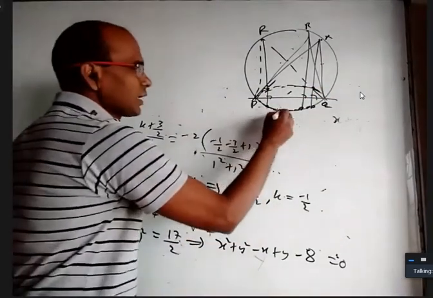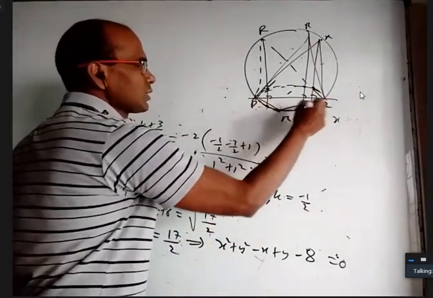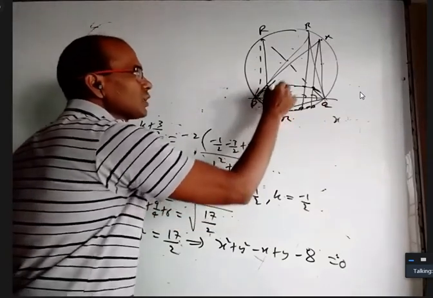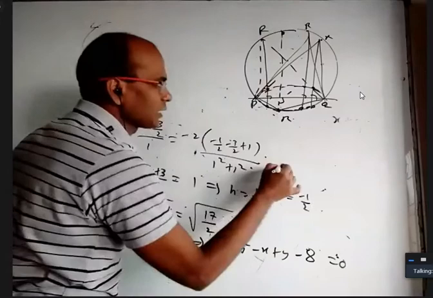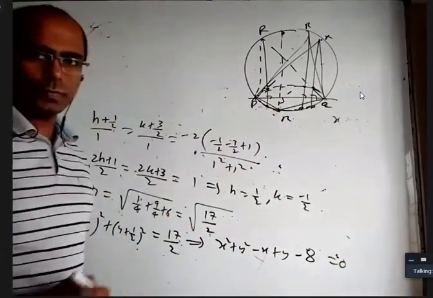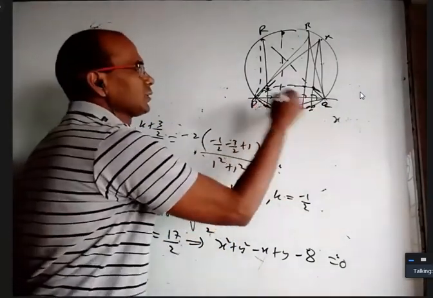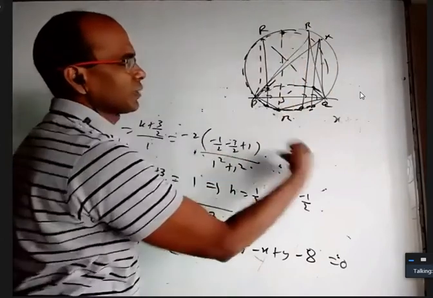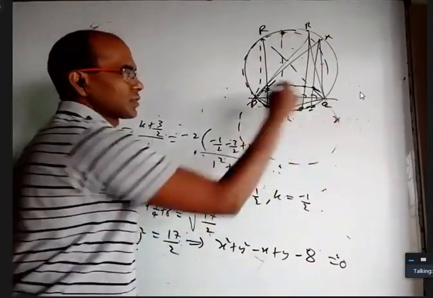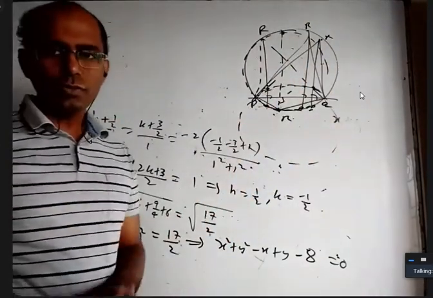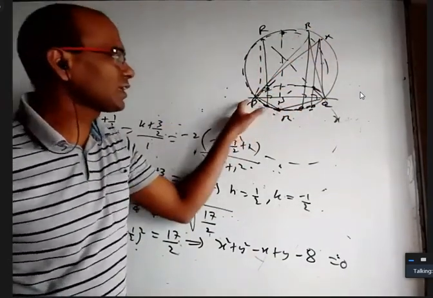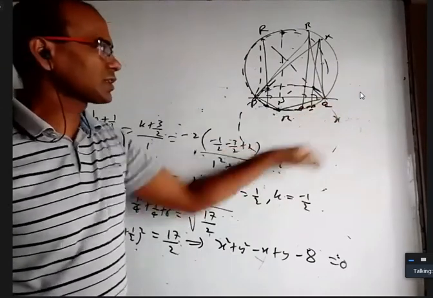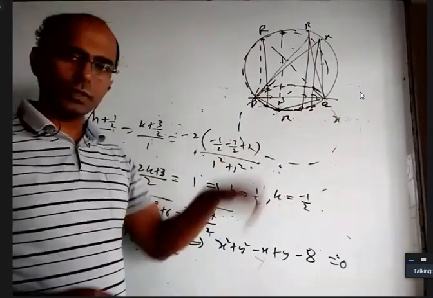Similarly, if I take R here, how will I find the orthocenter of this obtuse angle triangle? Draw one altitude. Wherever it meets the circumcircle, take the image of that with respect to this side, which is this one. So when you take R here, you have to take all these points and find their mirror images. They will come like this. Indirectly, what are you doing? You are taking different points on the circumcircle, this circle, finding their images with respect to this. We are saying they are the orthocenter. That's why it is the image set.